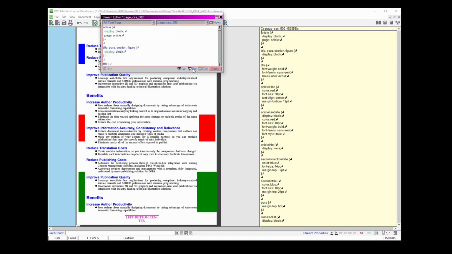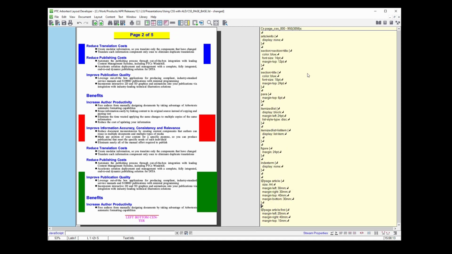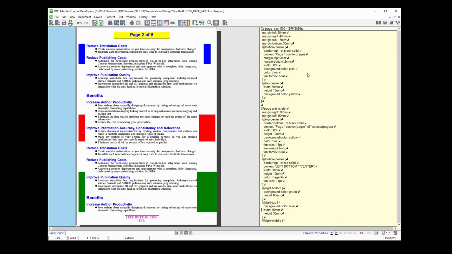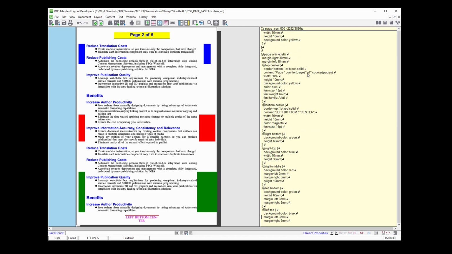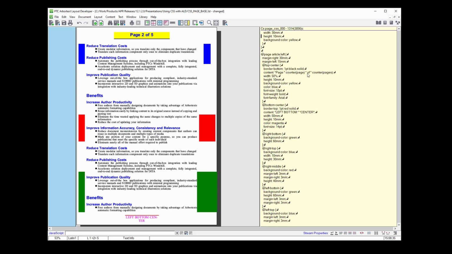Let's put that in the yellow bar. So there's a whole load of CSS in there to describe the text formatting, and then here at the bottom we have page stuff. So here we're describing an article set of pages. We've got the first page in it, the left page, and the right page. Each of these other little boxes, these rules within here, describe the different regions which get built on the page. So here we have the top center,